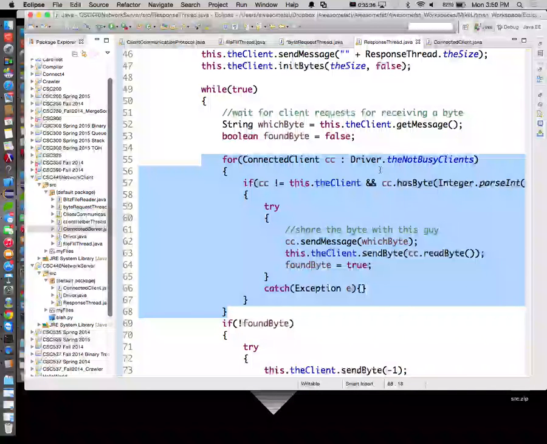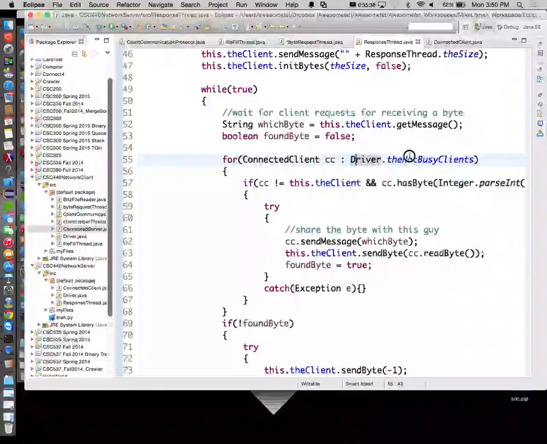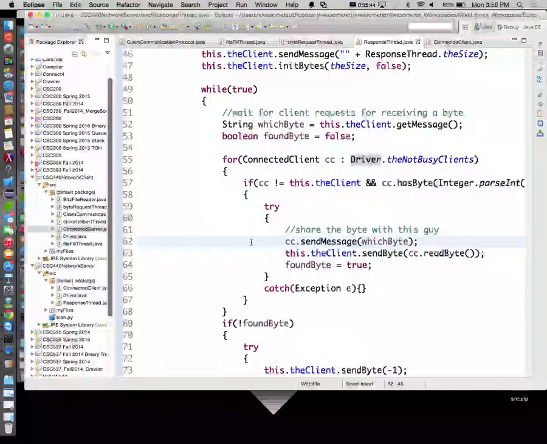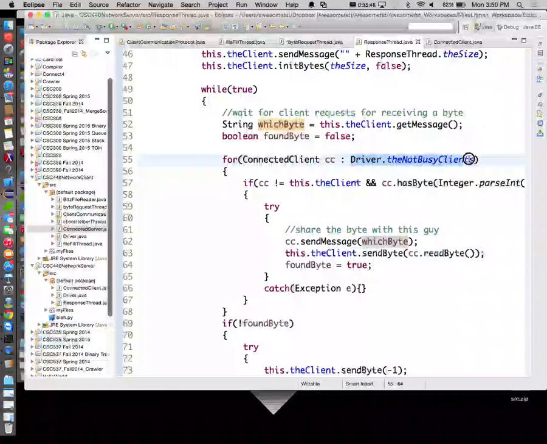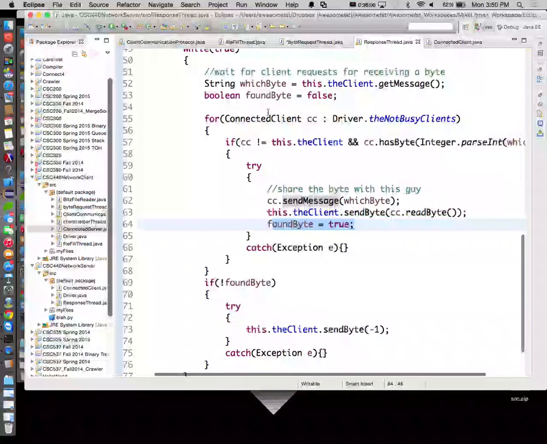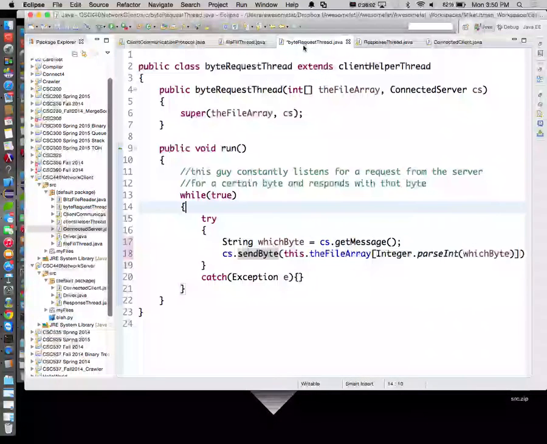You almost have to wonder why we even had not busy clients, the way we're actually doing it this way. Well, whatever. Okay, so his not busy clients, ask them for the byte. If you find somebody who has the byte, he sends the byte and then sets found byte to true. Otherwise, if found byte was false, he's going to send a -1. In either case,